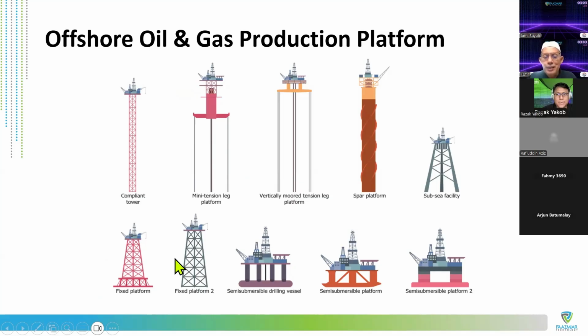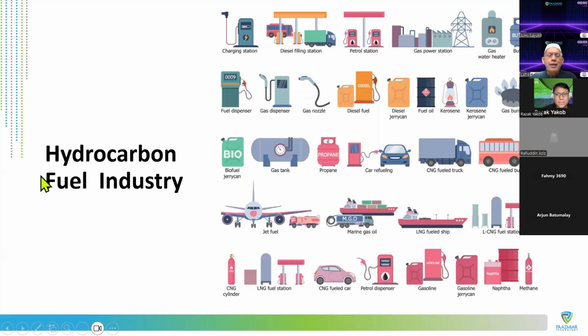Less metal, the better. And then you have all the drilling vessels, like you use a semi-sub to drill a well in deep water. Anything beyond, let's say, 300 meters, you can use a semi-sub. And of course, some of the semi-subs are for deep water up to 3 kilometers, and so on. Okay. So that is the hydrocarbon fuel industry.